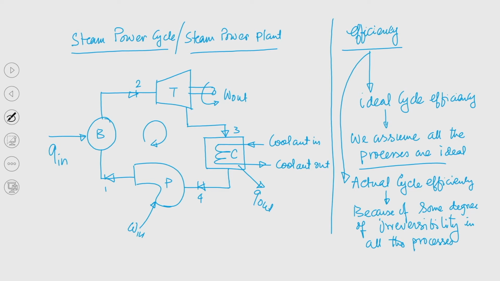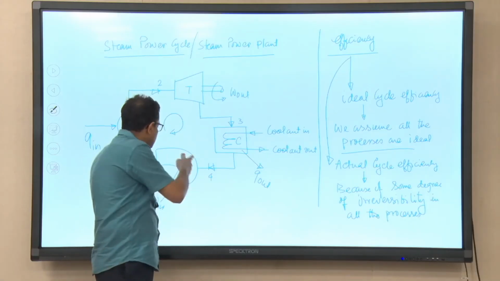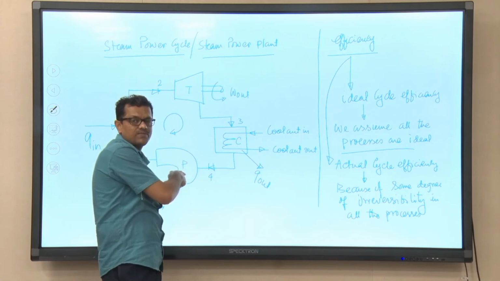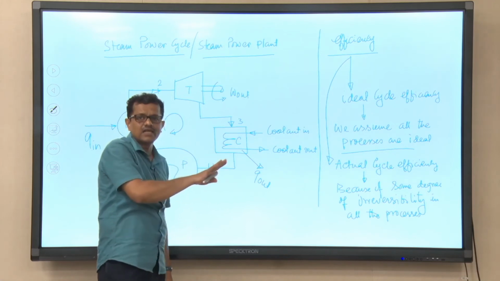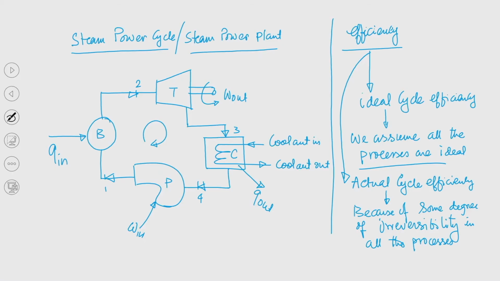So, if the degree of irreversibility is more, actual cycle efficiency will be less. What we have understood is that when the back work ratio is more, that is, the negative work is a significant portion of the positive work, then the degree of irreversibility associated with the pumping process is high. Then definitely it is not the ideal cycle. The degree of irreversibility is there, so that is definitely an actual cycle, and if the degree of irreversibility is high, actual cycle efficiency will be less.